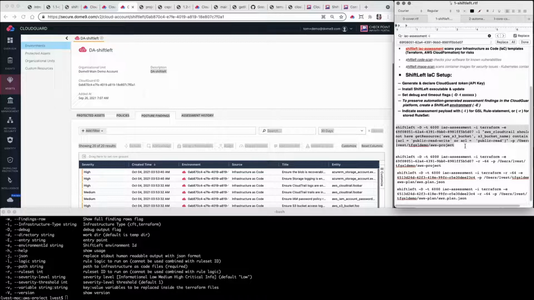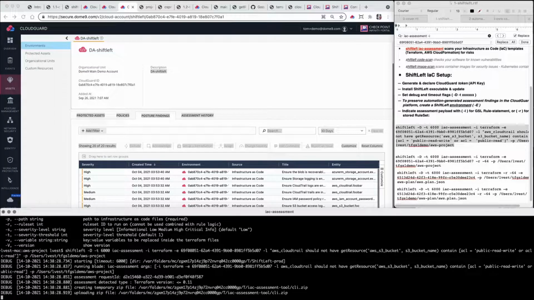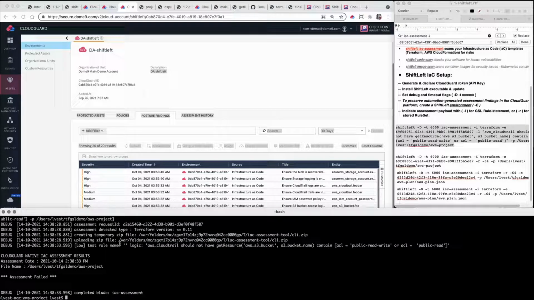Right now, we're going to target a Terraform directory or repo for assessment. It's a very simple one. There are other options. I will explain what those options are and why they're important momentarily. But so here's a typical command. You execute that. And this is just with a single rule I'm testing. And it turns out that